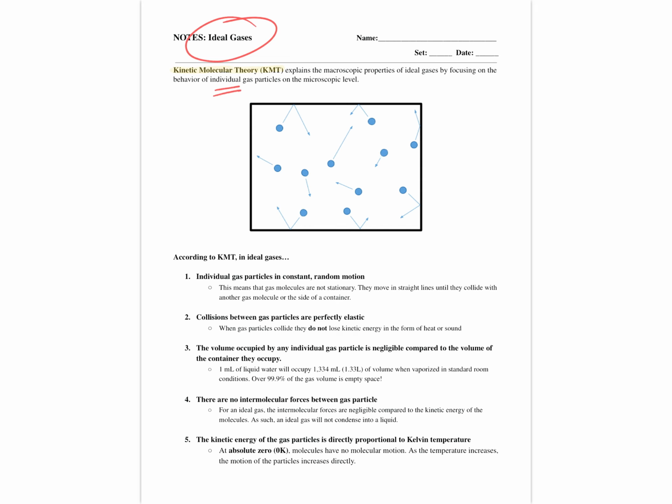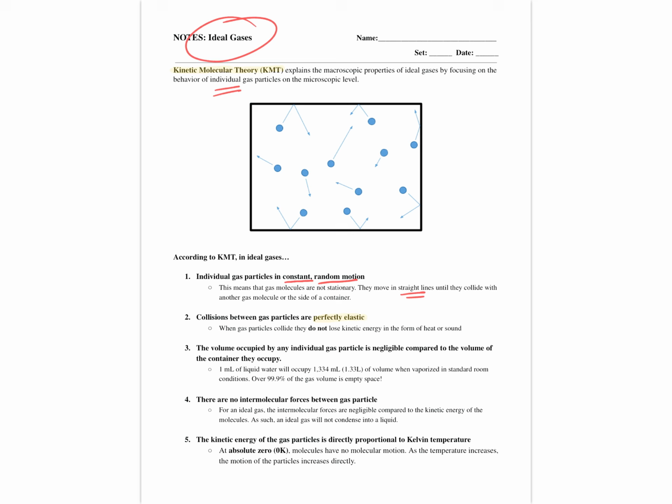If we were able to see the individual particles in a sample of gas, we would see that those particles are in constant random motion, and they travel in straight lines until they collide either with each other or with the sides of the container in which they are contained. We would also see that when these gas particles collide, the collisions are perfectly elastic. This is a fancy way of saying that no energy is lost during the collisions. A perfectly elastic basketball, when dropped, would bounce entirely back up to the height it was dropped from, and it wouldn't make a sound or generate any heat.